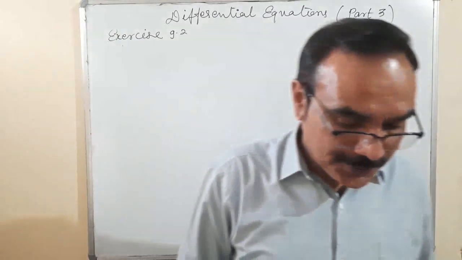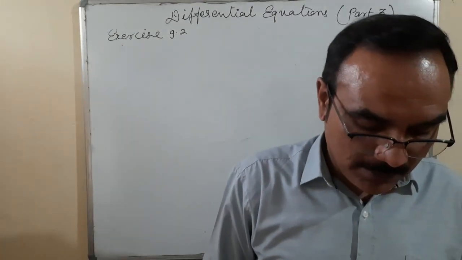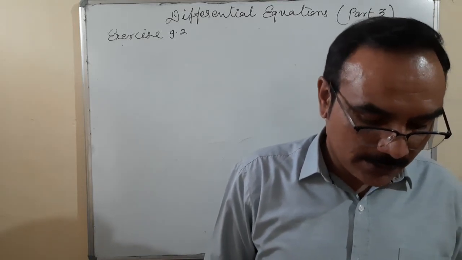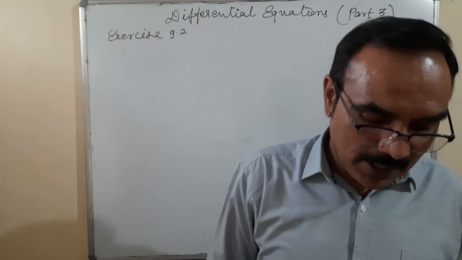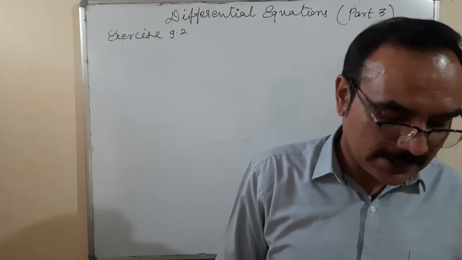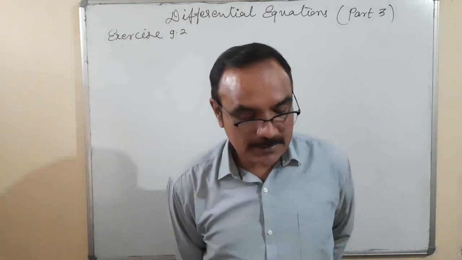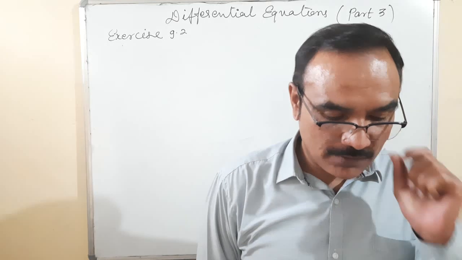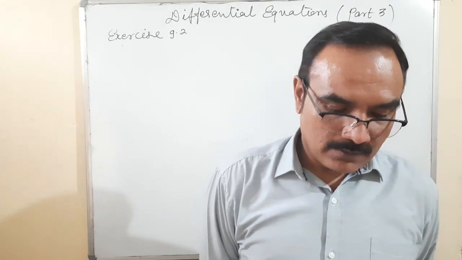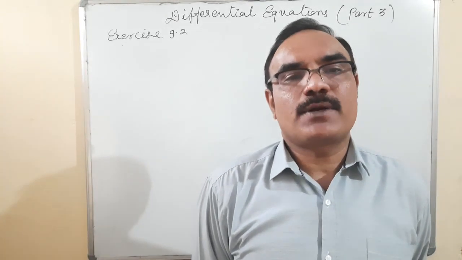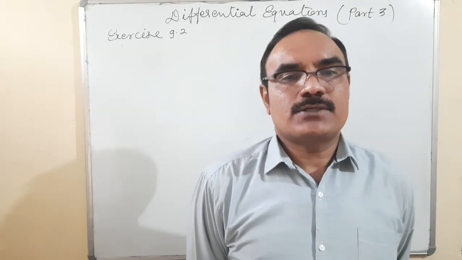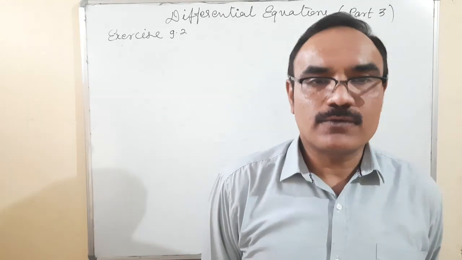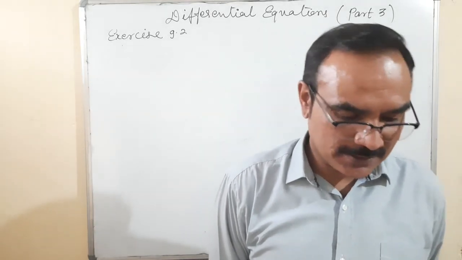Now I want to select a question format. Number 8 is find the differential equation of the family of the ellipse having the foci on y-axis and center at origin. Number 9: form the differential equation of the family of hyperbola having the focus on x-axis and the center at origin. Both the questions are the same pattern. Question number 8: form the differential equation of the family of ellipse. Foci on y-axis. So x square upon b square plus y square upon a square is equal to 1. Foci on y-axis, okay, because the major axis is y-axis.